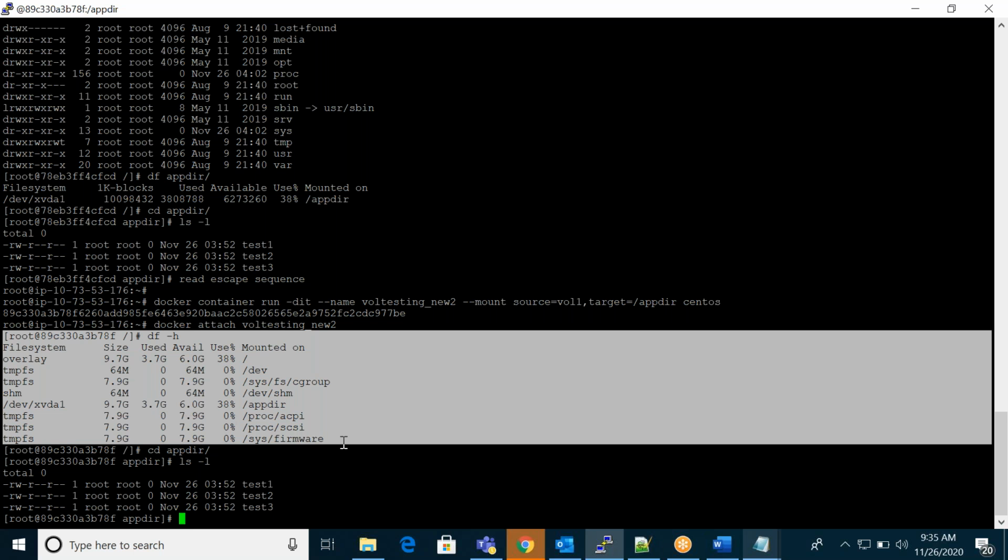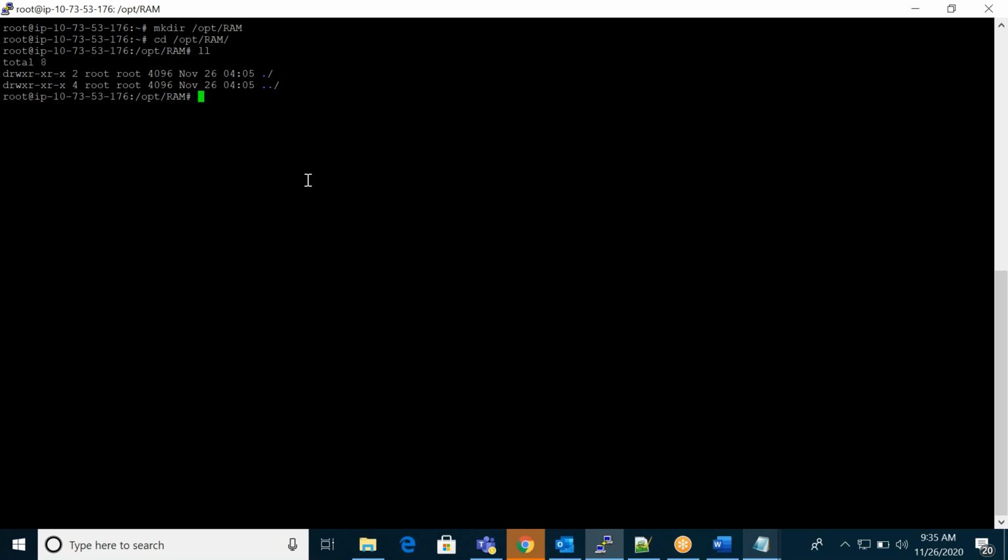Right, so this is one thing. One more thing: if you want to attach your external volume, for example, assume that I have an external volume /opt. I create one directory, so make a directory in /opt on my local server, say ram. Just assume that. Whatever is in /opt/ram, here I will create some content, file 1, 2.